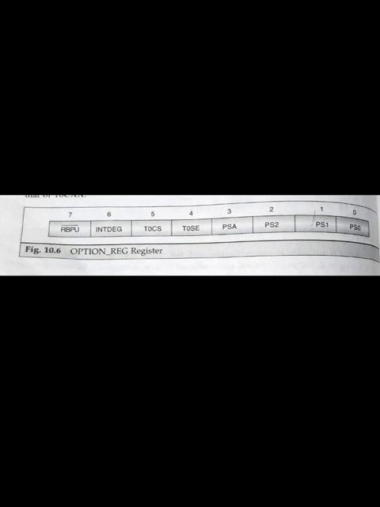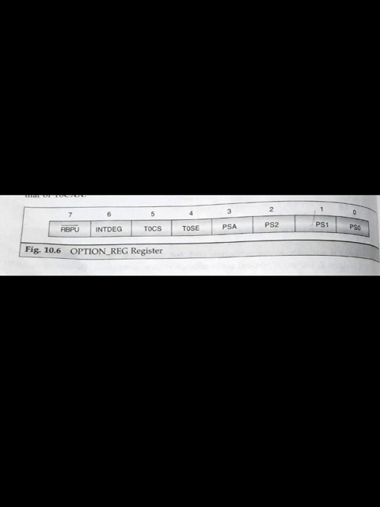The first 3 bits are allocated to the prescaler rate selection bits. The PIC microcontroller supports a prescaler circuit for enhancing the timer or counter operation. The prescaler circuit is available for the timer as well as the watchdog timer. The selection of this rate depends on the position of PS0, PS1 and PS2.